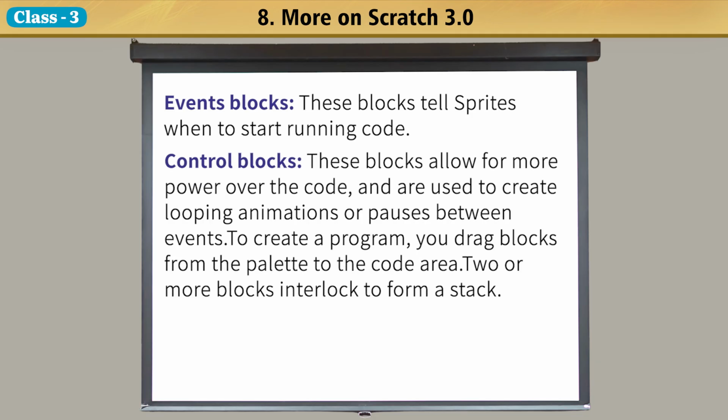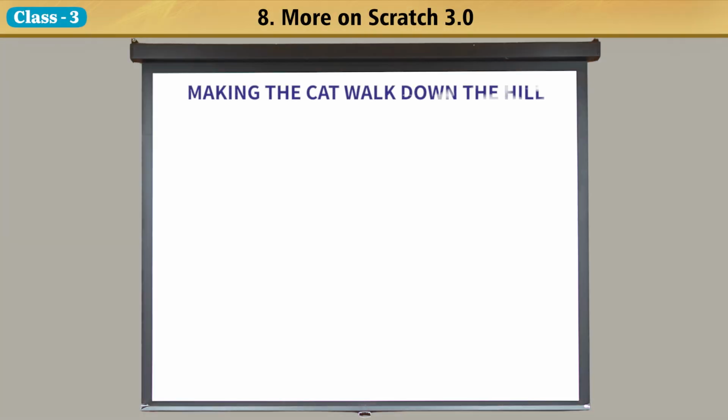Control blocks. These blocks allow for more power over the code and are used to create looping animations or pauses between events. To create a program, you drag blocks from the palette to the code area. Two or more blocks interlock to form a stack, making the cat walk down the hill.